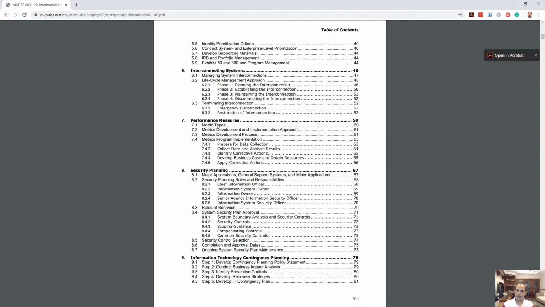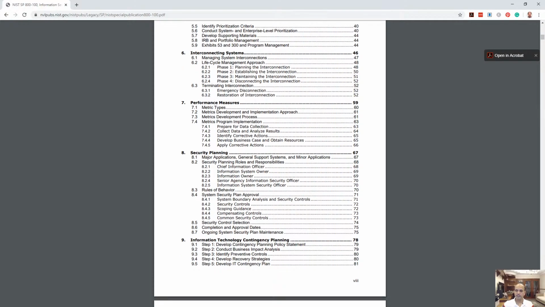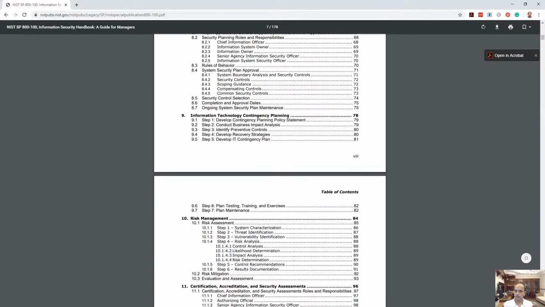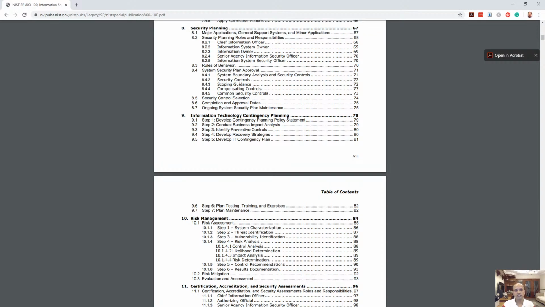Then comes the security planning. The security planning covers everything which we discussed in domain 3 of CISM, about the security plan, about the boundaries, about the security control. So everything is covered here in this particular document. And then comes the information technology contingency planning. This particular chapter, chapter 9, covers the development of contingency planning, business impact analysis, BIA. All these things are either covered in domain 4,